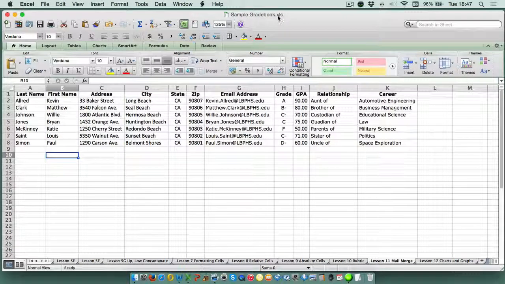Welcome back. We are still on the sample gradebook. This time we've gone over to lesson 11, mail merging. And for those who don't already know, mail merging is where you take all of your data in Excel and merge it into a Word document. And when you print them out, they look like standalone customized letters, but it takes a fraction of the time